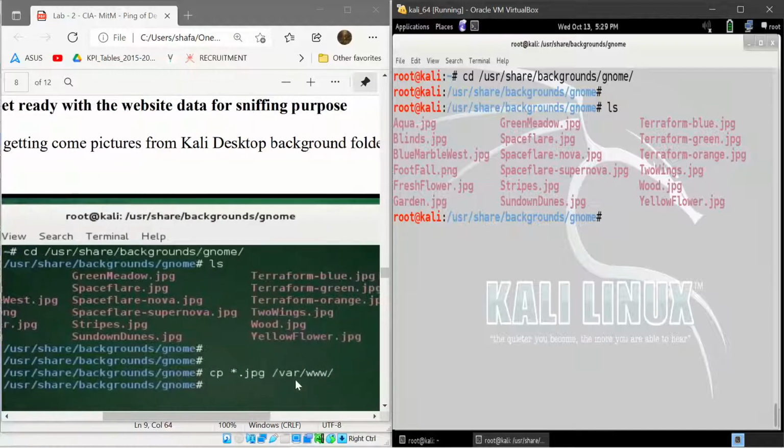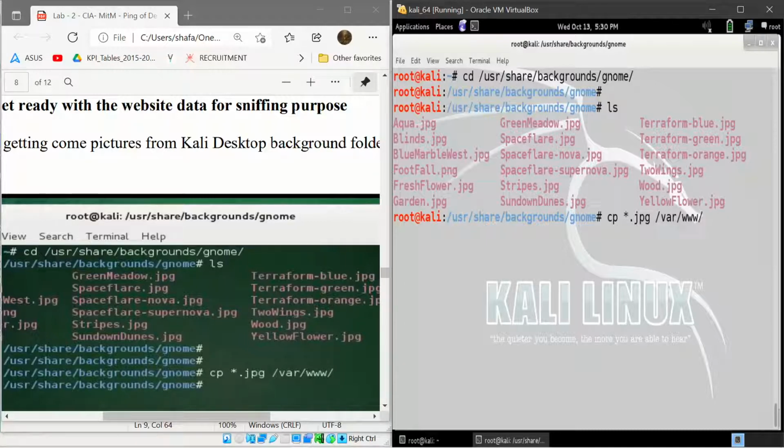I copy these pictures into /var/www. You have to type it together. So I type the copy command: cp, then star, which means all the pictures, .jpg, then /var/www.